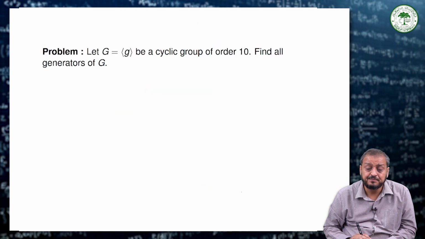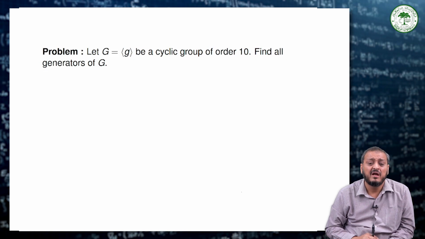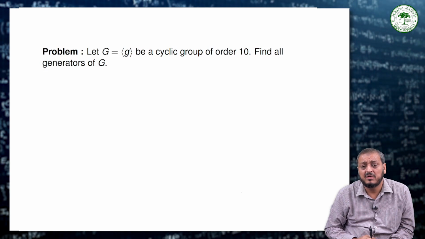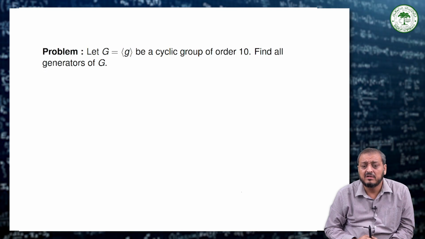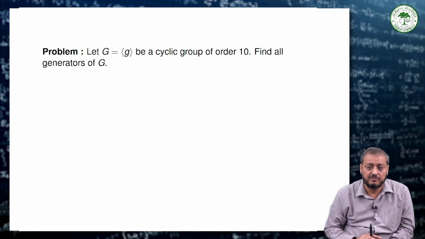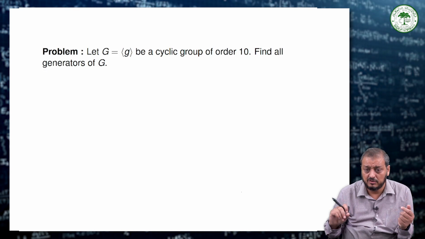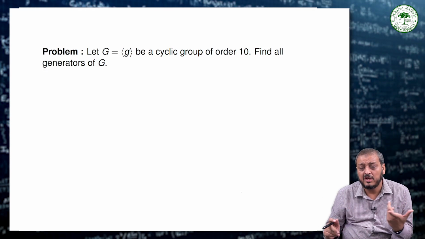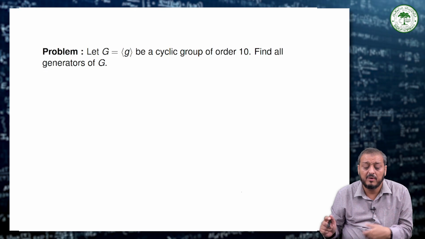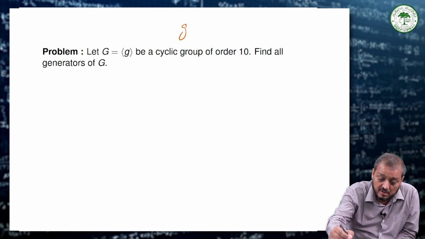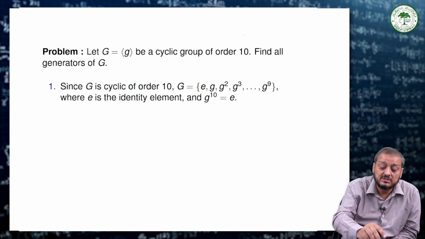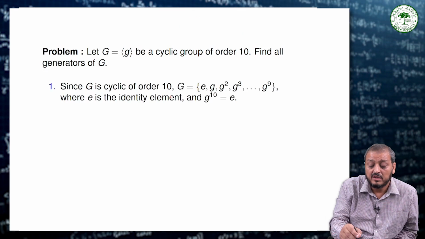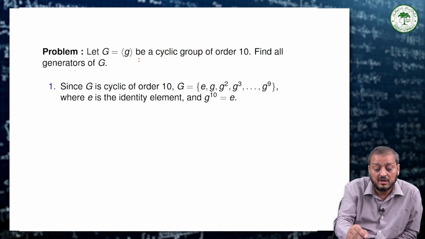Now, the next problem is saying that let G equal to generated by g be a cyclic group of order 10 and find all generators of G. We have to find all the generators of G. So, a cyclic group of order 10 means g to the power 10 is equal to the identity. Since G is cyclic of order 10, so G can be all the distinct